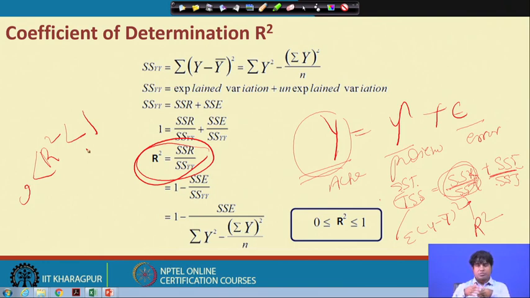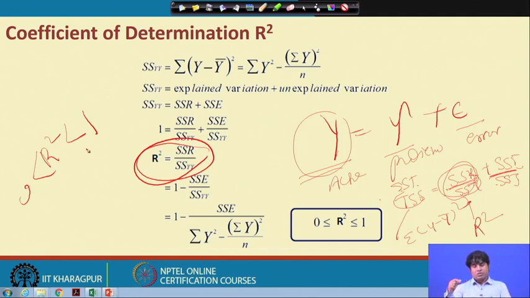Then the strength of the model depends upon this value of R square, high or low or moderate, and then you have to go ahead with the kind of predictions. Like in the specification test, we have the alpha coefficient and beta coefficient, and you have to test the alpha coefficient and beta coefficient to validate the model. So, the goodness of fit structure is also like that.